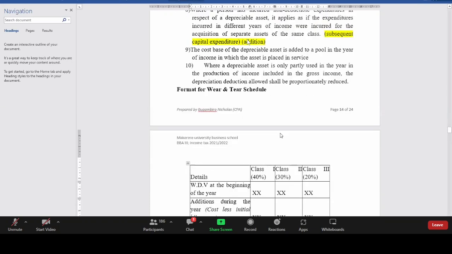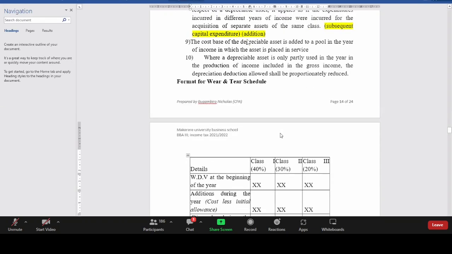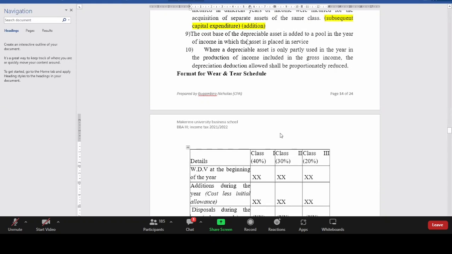Note 10, where a depreciable asset is only partly used in the year in production of income, including the gross income, the depreciation deduction allowed shall be proportionately reduced. Now, this is where we said, guys, we charge depreciation in the year of